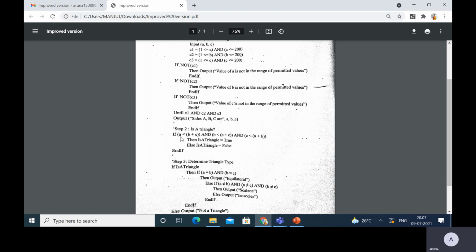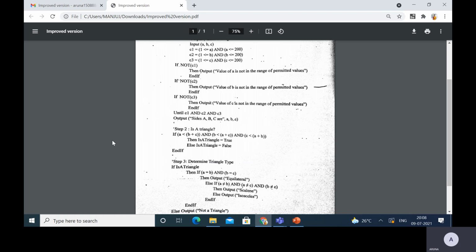Okay, that is, sorry, 2, 4, 2, 3, 4. You can read as an input 2, 3, 4, and 2 is less than 3 plus 4, that is 7, condition true. Again, 3 is less than A plus C, condition true. Again, 4 is less than, that is 2 plus 3.